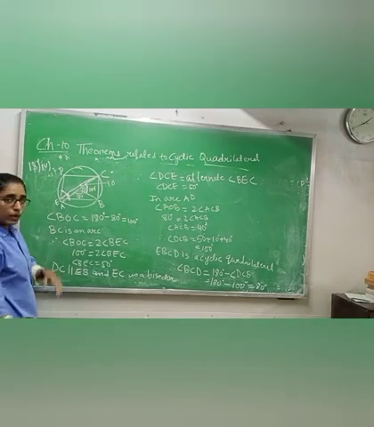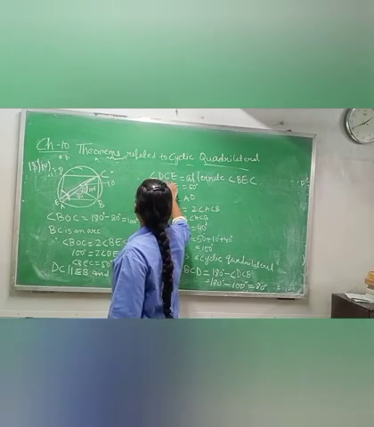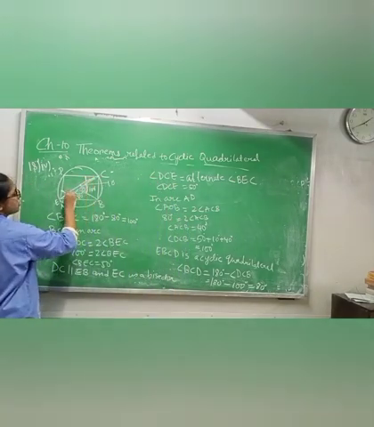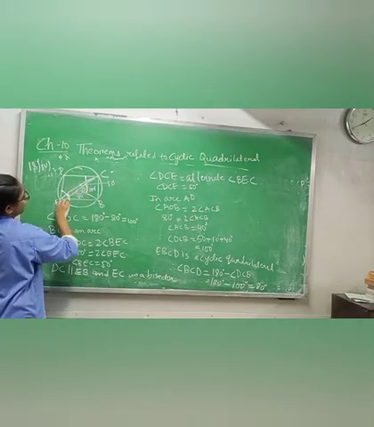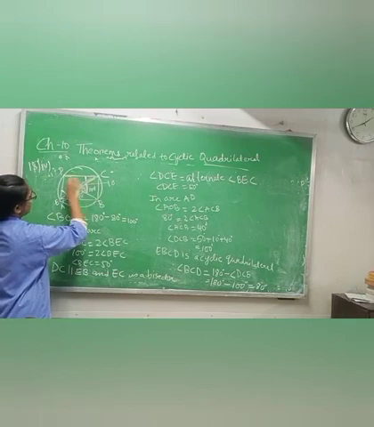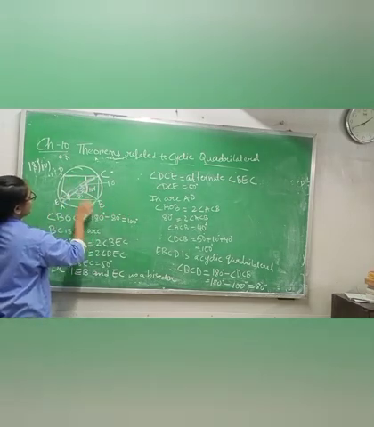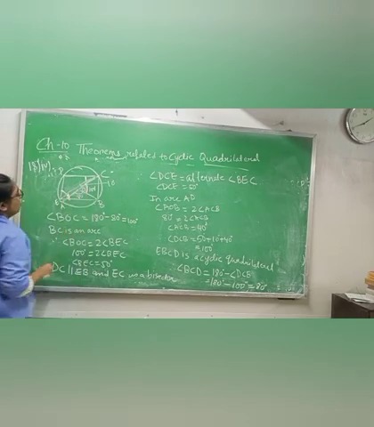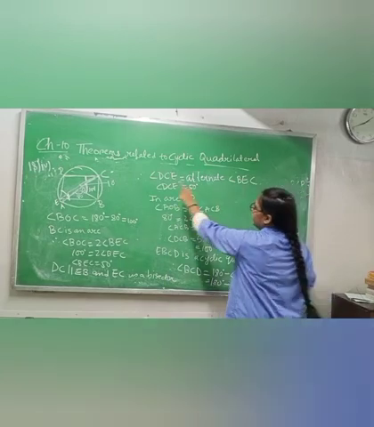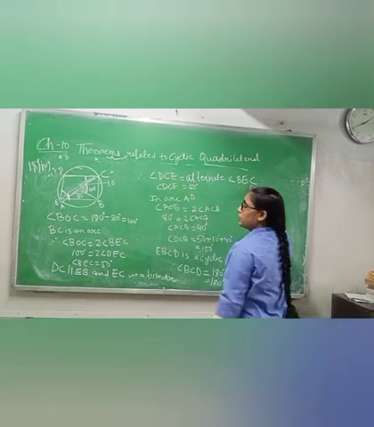Because it is bisecting one angle. So if EC is a bisector, it means angle DCE is equal to this angle. See Z, it is making a Z. So you can say the angle DCE is equal to angle BEC, this angle. That is why I have written BEC equals the alternate angle. If BEC is 50 degrees, it means DCE is also 50 degrees.